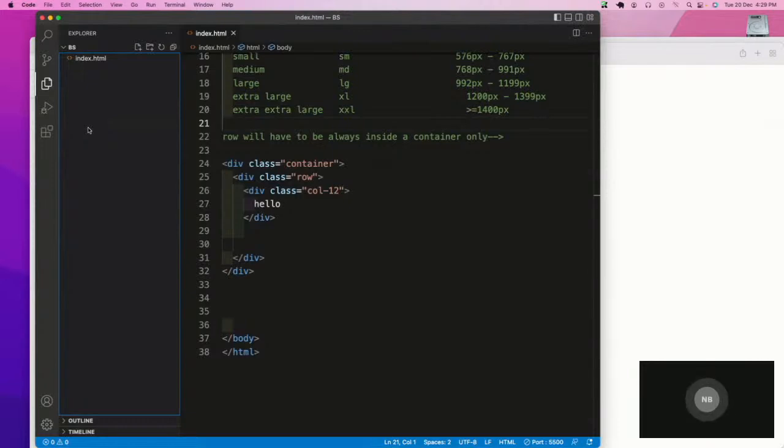A column div cannot be inside a column div. So if you have to have another column, you need to create a row, then you need to create a column. Column will not be inside a column. If you want another column inside a column, you need to have the row first, and inside that row you need to create the column. So whenever you are defining a div with row class, it divides that div. So if you see here,